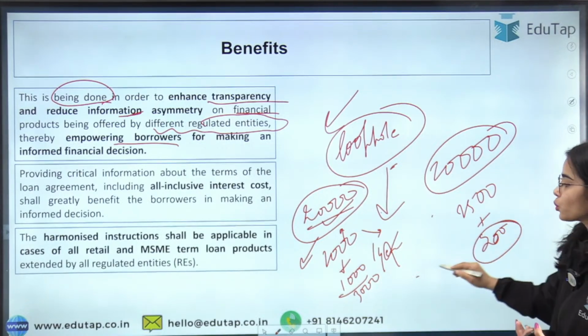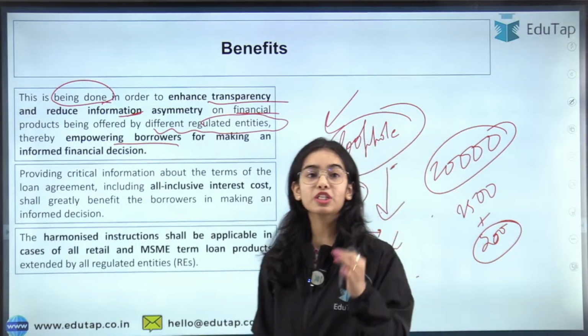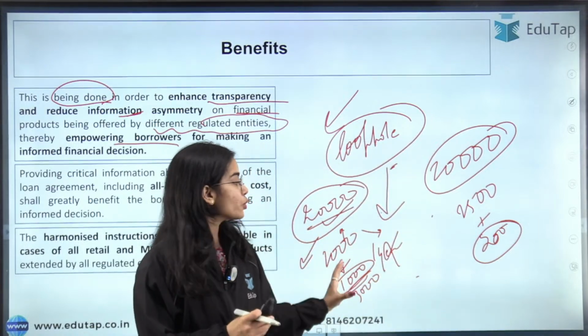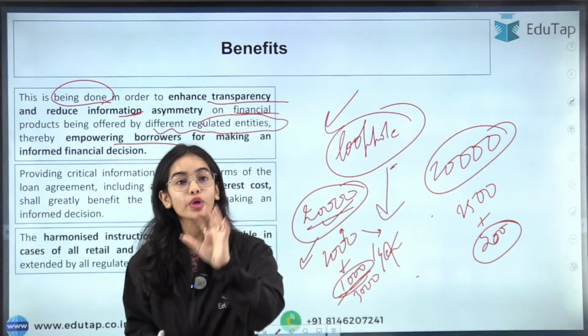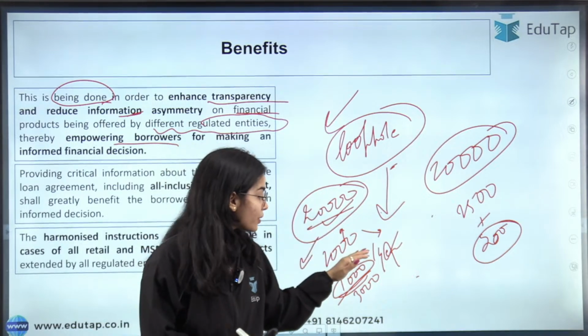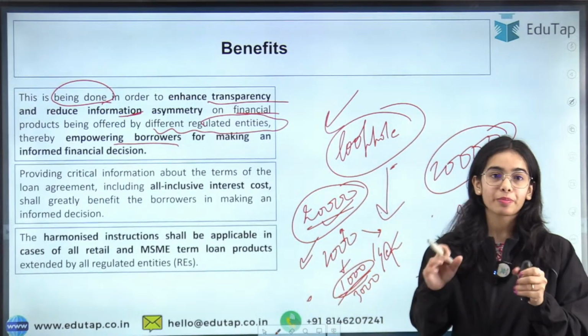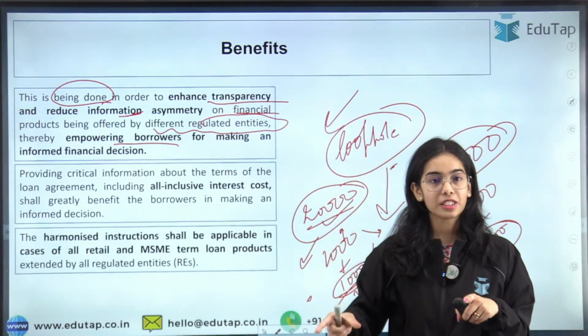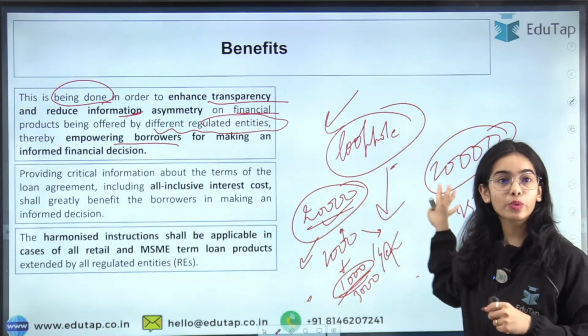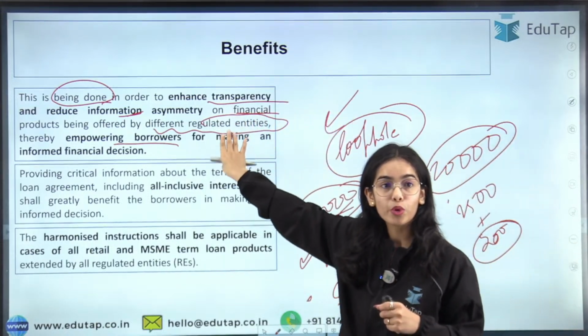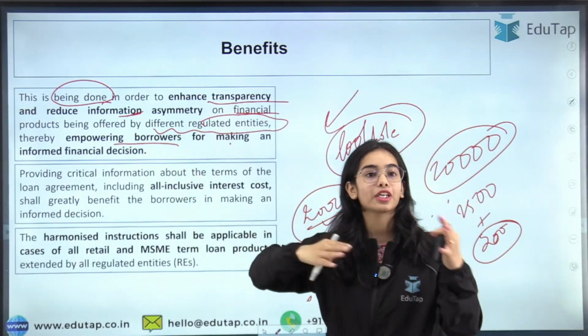So when it is shown what additional charges are being charged by a bank, then you will get to know what the actual cost of borrowing is for you. That is the interest rate plus the other charges. Okay, so there are various other charges. RBI has given a complete table, so I will show you that. But I hope you are able to understand that for borrowers to take an informed decision, this kind of